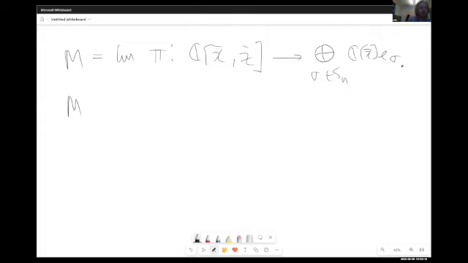And so I'm saying M is the same thing as the equivariant cohomology of the flag variety that I just described. And so the identification is that